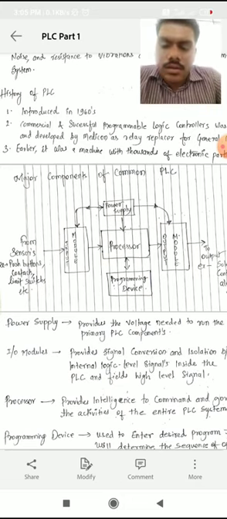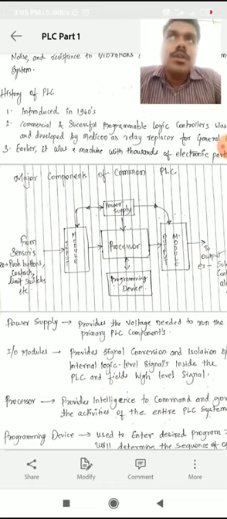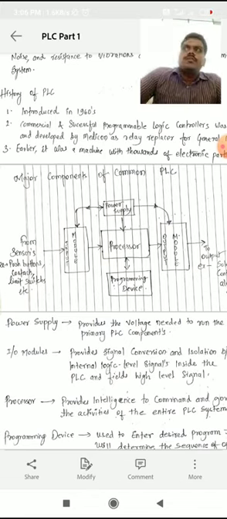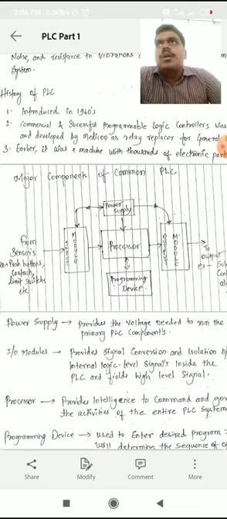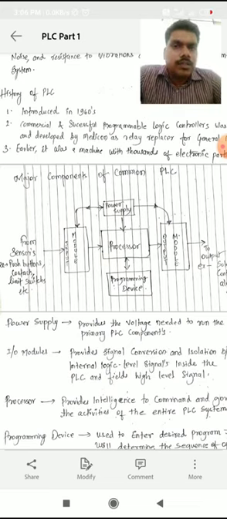Now there is an input module and an output module. The input module is on the left side, so what inputs should be given to the PLC? I'll discuss an example, as in the previous example of bucket filling. In my mobile I can see that the bucket is filling, and we have to stop it so that overflow cannot happen. So there should be some sensors connected that sense the water level of the bucket.